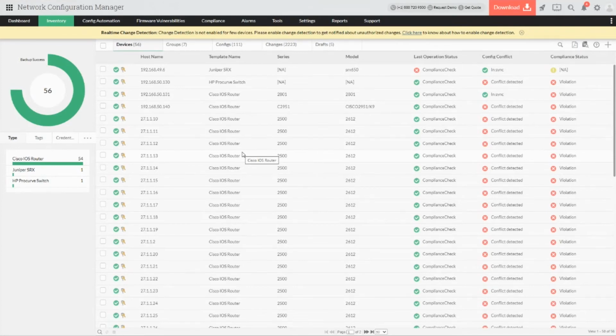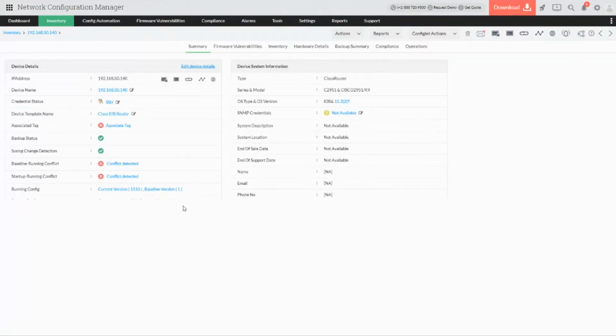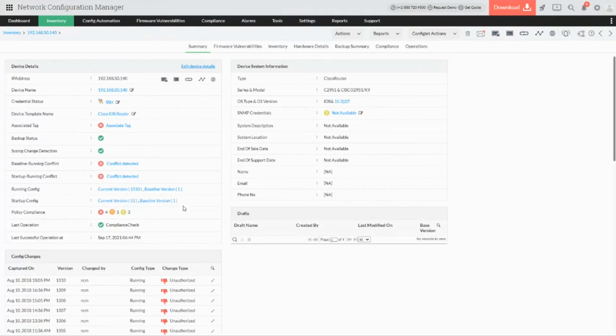And likewise, based on the configuration, the product is also going to give you multiple other notifications and alerts in a detailed fashion. So when we talk about a network device and how the configurations are happening, as you can see, this is a Cisco IOS router where I could see that the baseline config has a change, a conflict has been detected. The running and startup configurations have been backed up. When was the last backup performed? Is the compliance check working properly? And what are the changes which have been performed? Is it an authorized or an unauthorized change which is happening? So I would be able to get a detailed picture of everything.